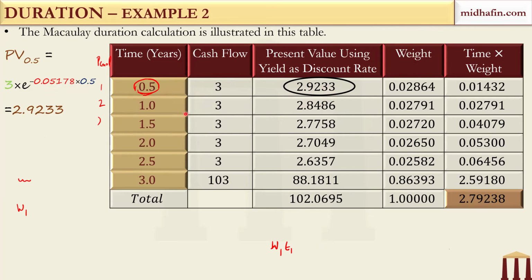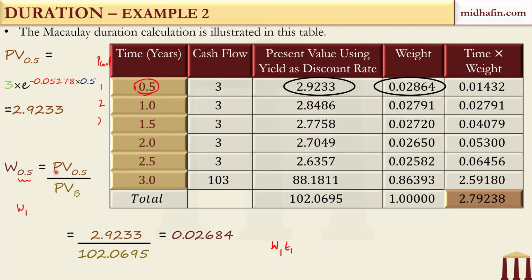Okay. Now to calculate the weight corresponding to this time point 0.5, the weight of this 0.5 or W1, you can say, although this time point is 0.5, I'm not calling it W0.5 all the time. Let's call it W1 also. So W1 means first weight, second weight, third weight, like this. Okay. First time point, second time point, but just be careful that the first time point is 0.5 years. Or else it's your choice. You can also call it W0.5, but then you have to be careful that this is T0.5. Okay. So the weight corresponding to the first time point is